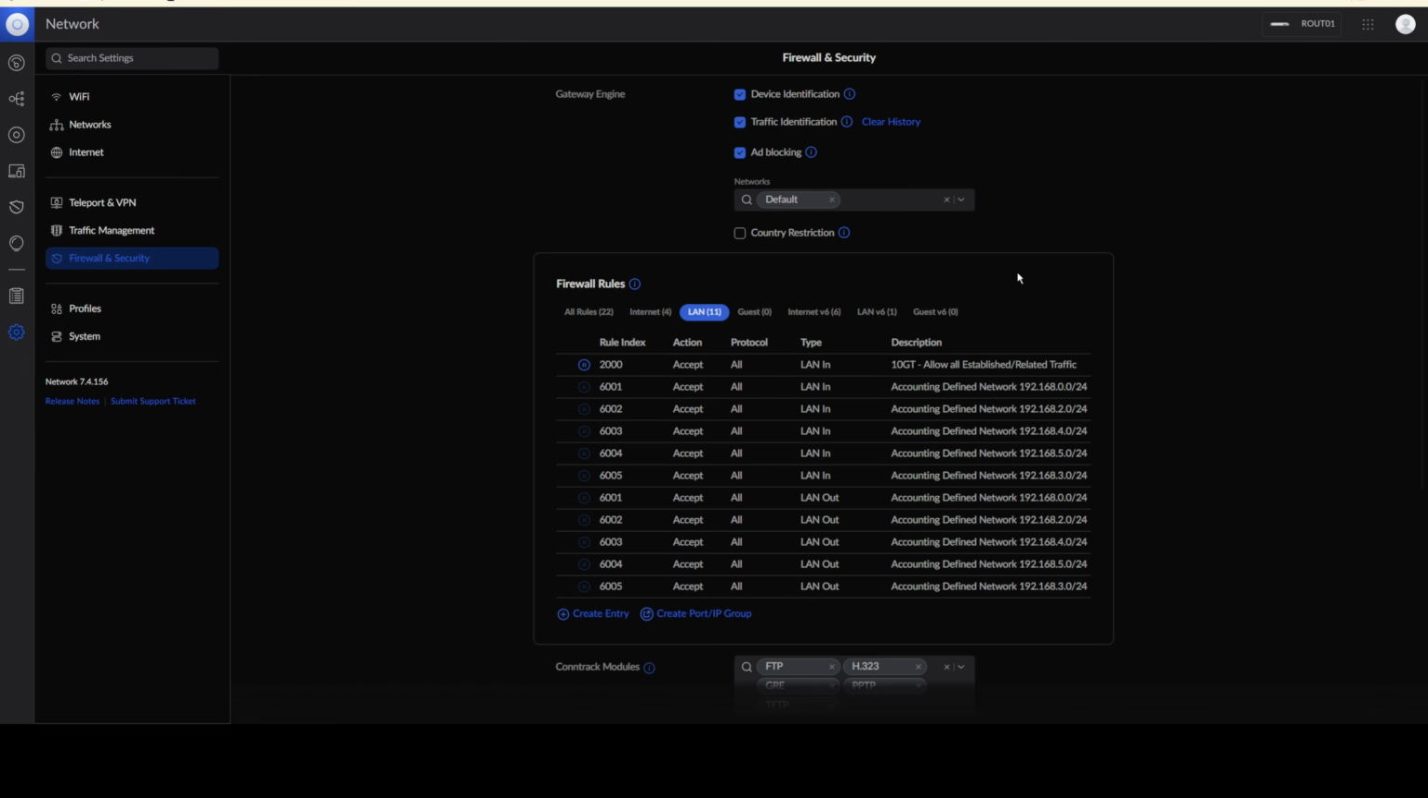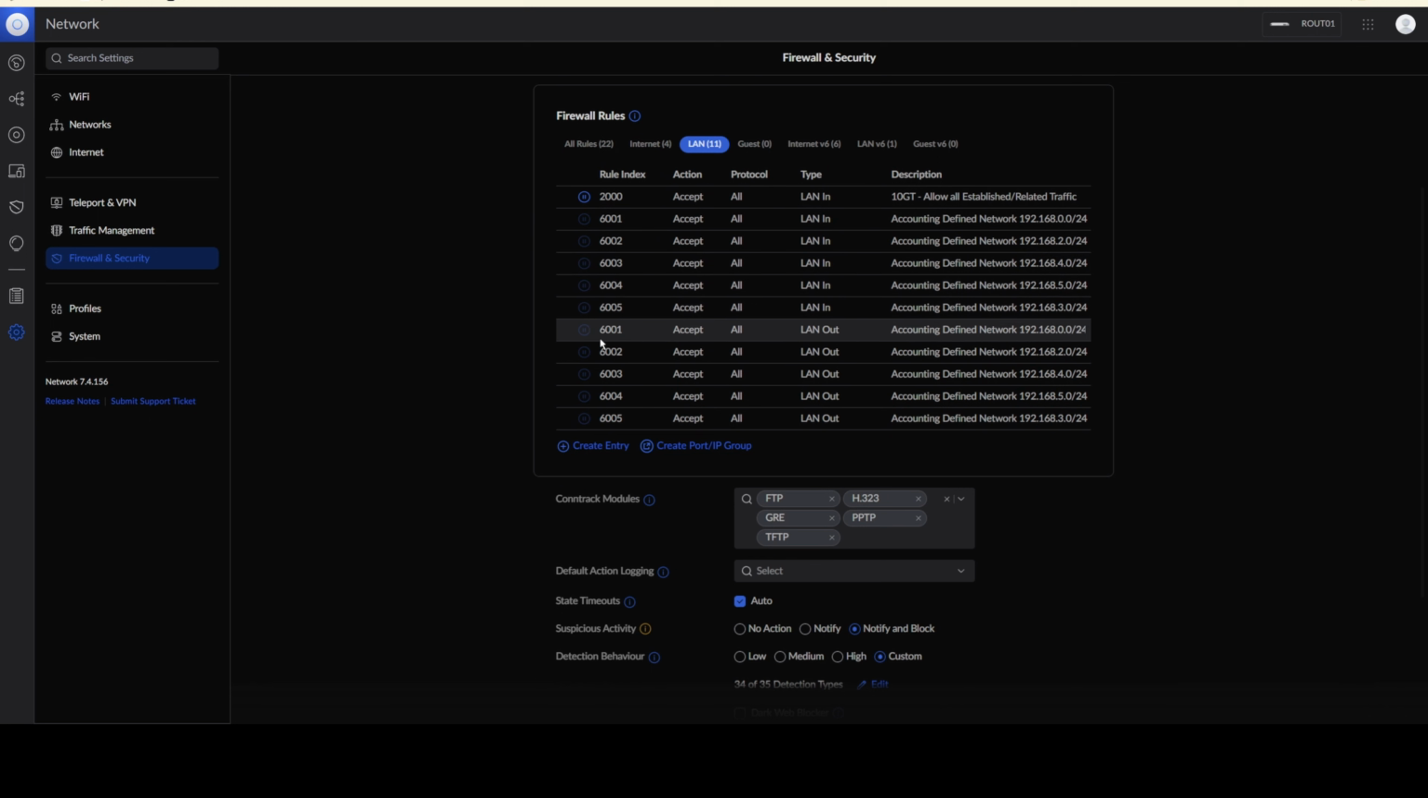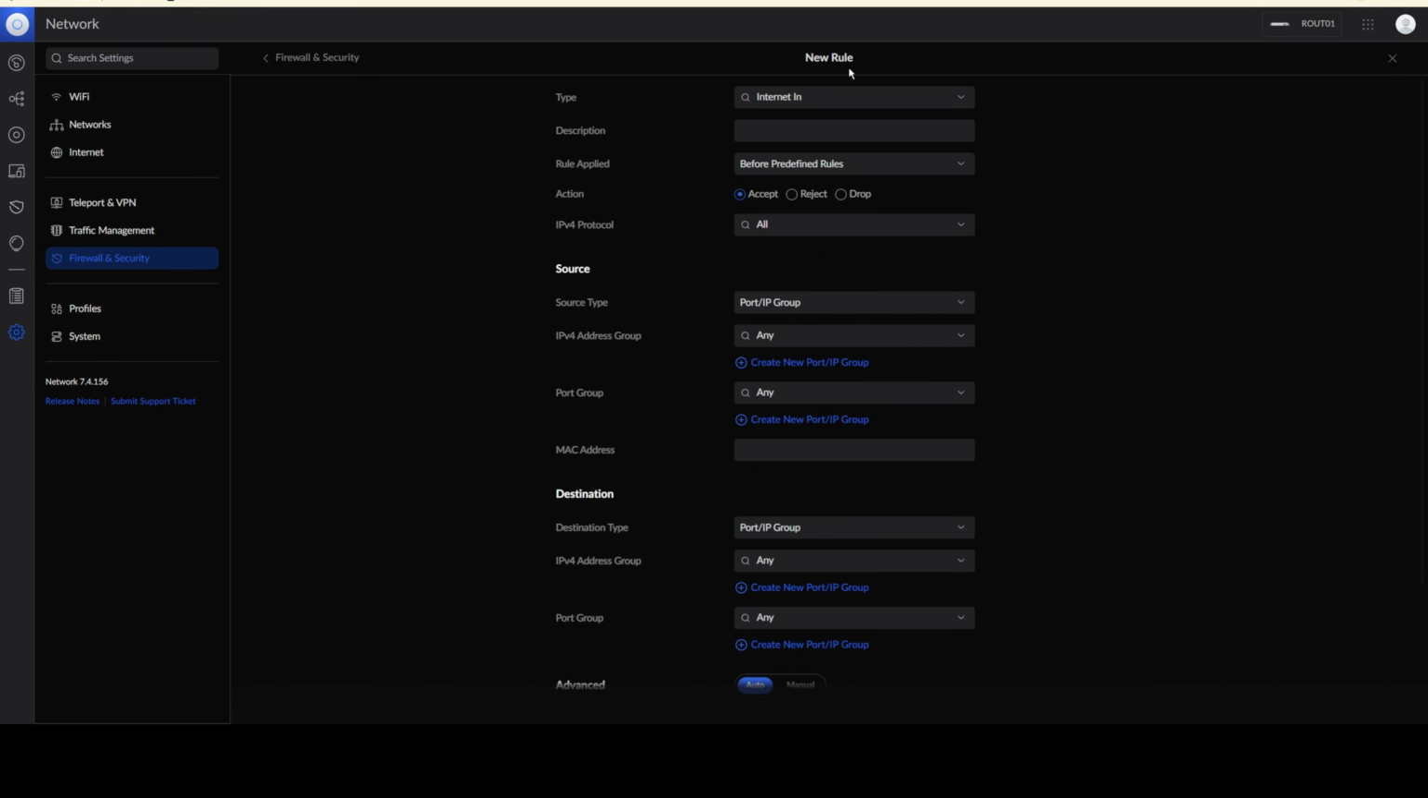So moving on to the second firewall rule, we need to scroll down to the list of firewall rules again and select create entry, which is here at the bottom of the list of firewall rules. Then from the next screen you should see new rule appear and various boxes again, and on this, for the type, we need to select LAN in,